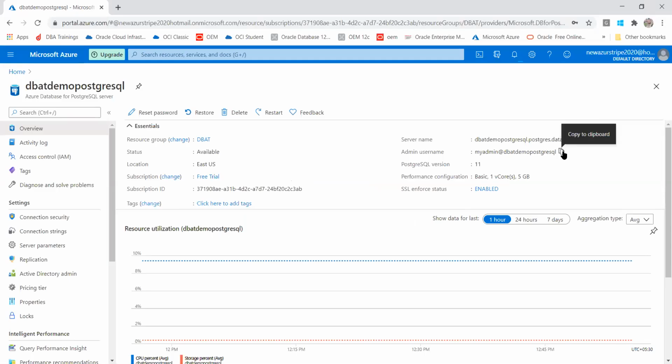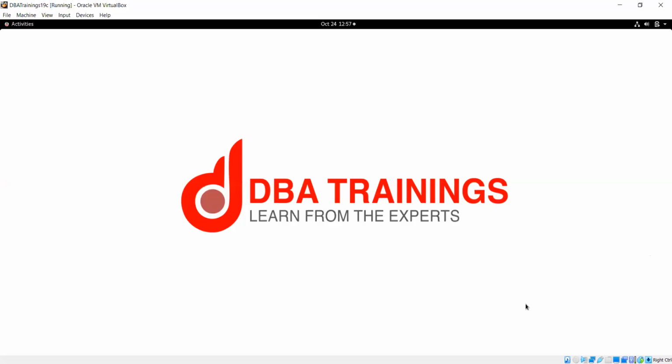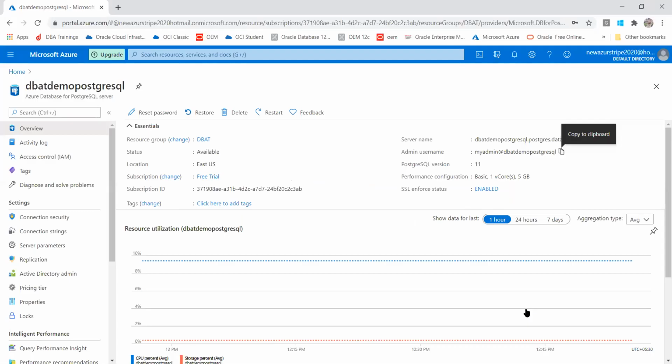So here is my admin username that I copied, and I can keep it in my notepad. So now both are ready and we are able to run.